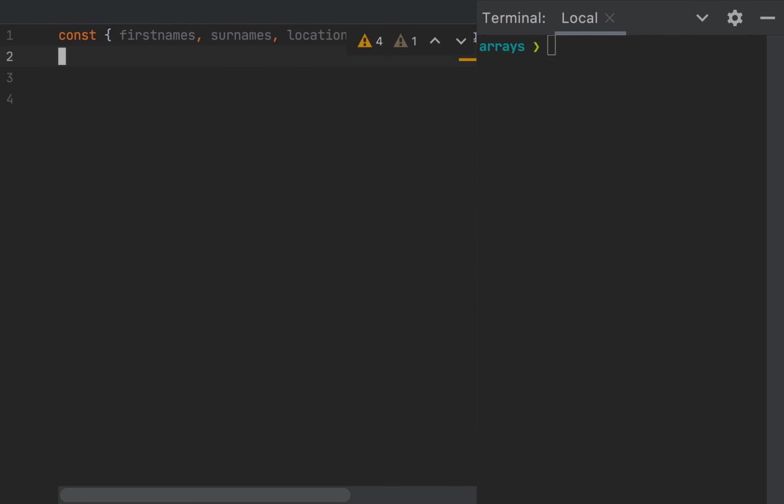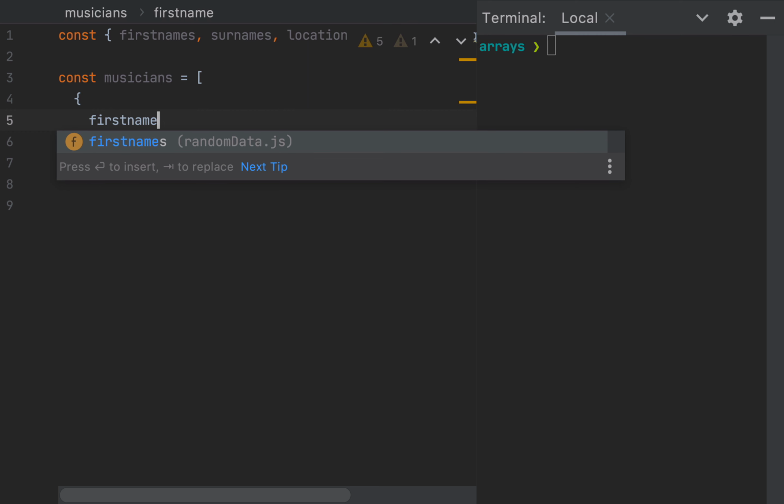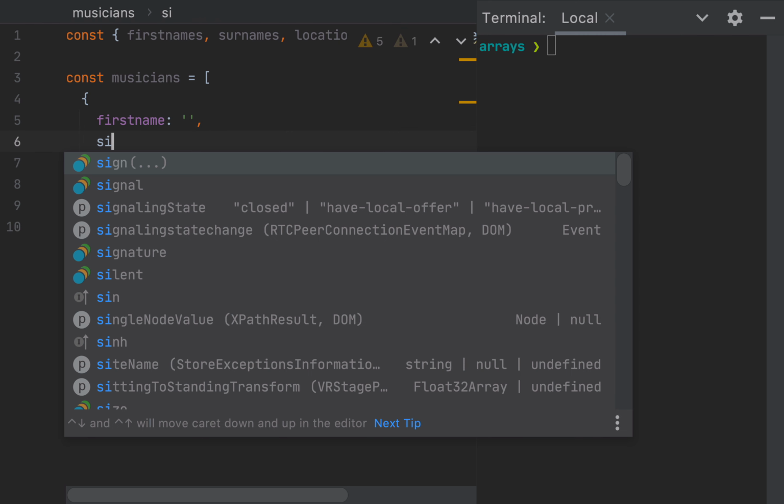And so eventually I think what we'd like to end up with is just a JSON file full of randomized entries. Those entries might look like some other, so let's just create a variable called musicians, and let's just do one. What we'll want to end up with is something with a first name, surname,